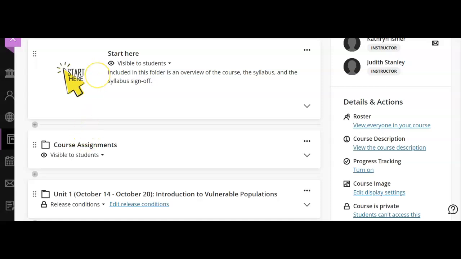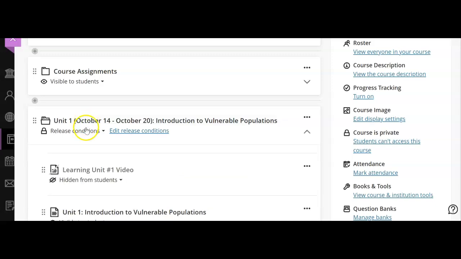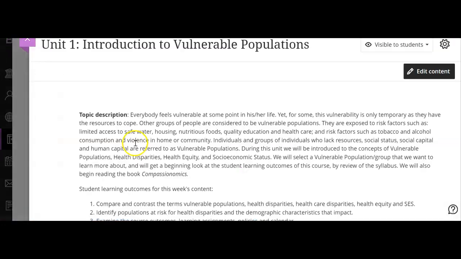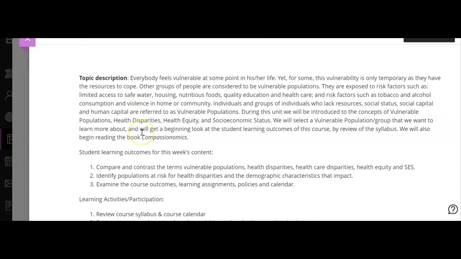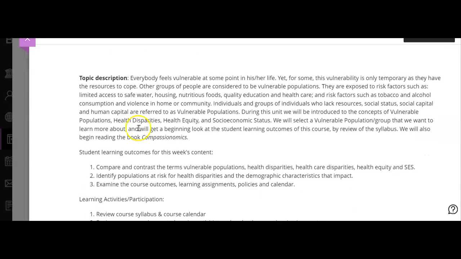Let's start with the syllabus, signing off on the syllabus, and let's start with learning unit number 1. So for learning unit number 1, you're watching this video, and the learning objectives and topic for learning unit number 1 is the following. You can read through this, but we are beginning to talk about what is